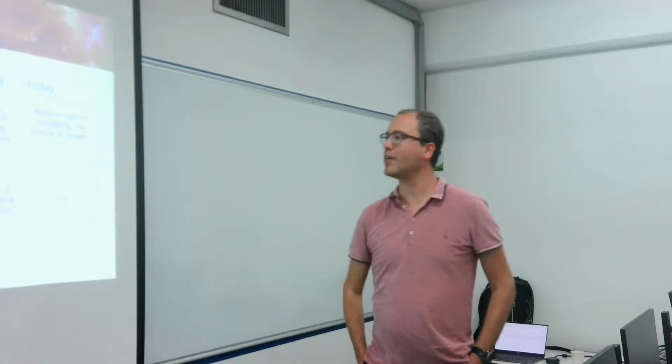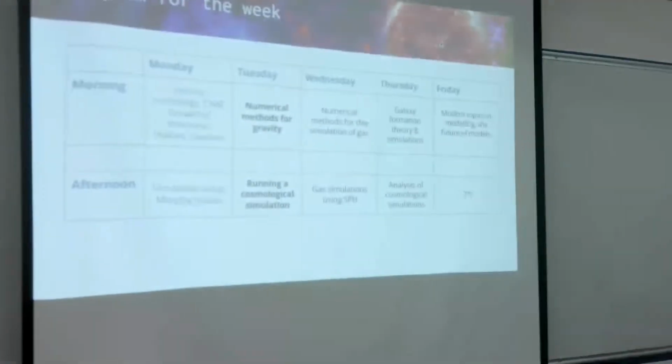Topics I like. And so today I'll be talking a bit more about some of the simulation aspects. How do we solve some equation in the computer, and then do some exercises again in the afternoon. So just the program for the week. Today it's going to be numerical methods for gravity, and then this afternoon we'll be running cosmological simulations and looking